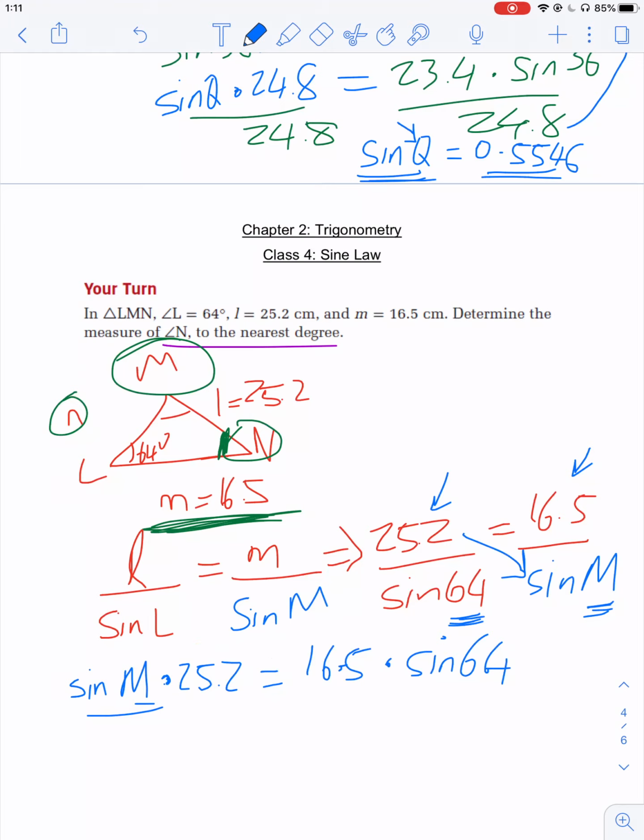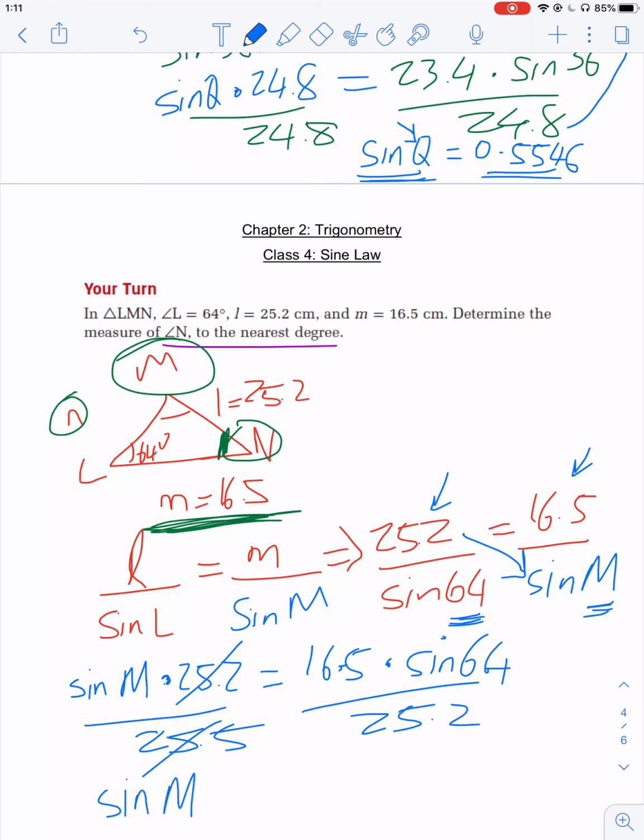And algebra tells me to do the opposite, right? So let's divide by 25.2 on both sides. So this will cancel out, and then you're going to get sine of m is equal to 16.5 times sine of 64, and then you divide this by 25.2, so you should get